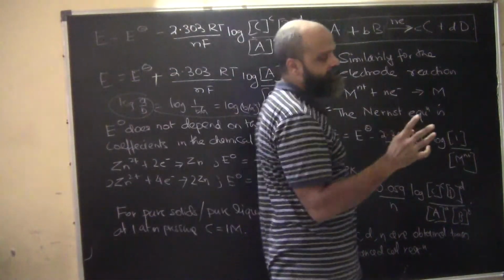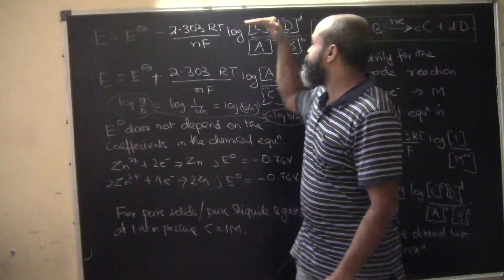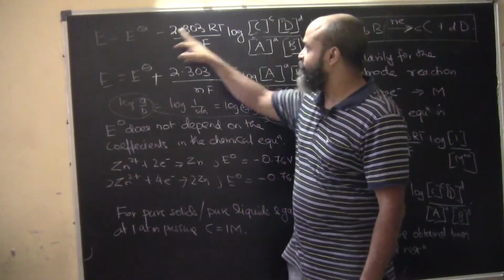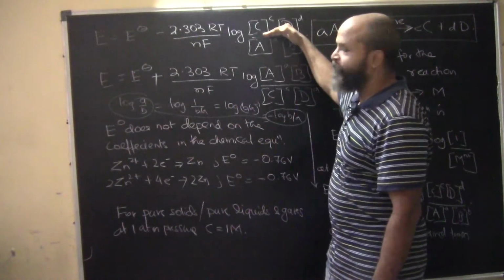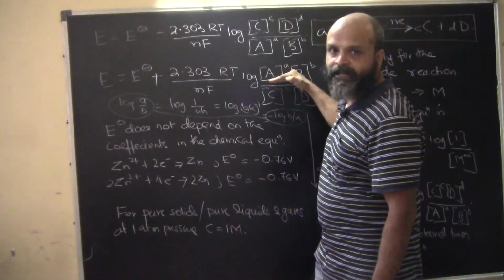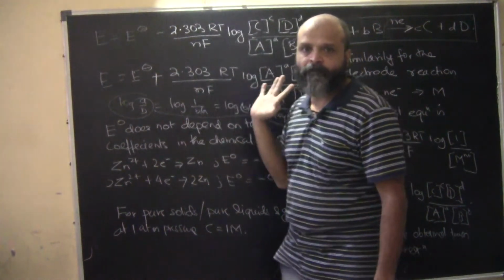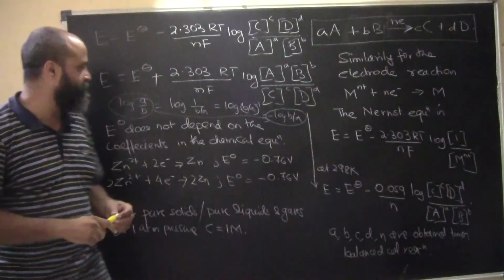So in case you are trying to write the coefficients of the products, obviously this is the general formula with minus. However, if in place of products you are writing reactants and products in the denominator part, then in place of a minus it will be a plus, and it's a very logical thing that will happen.